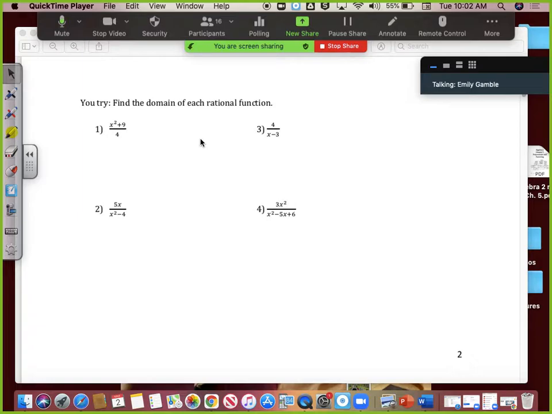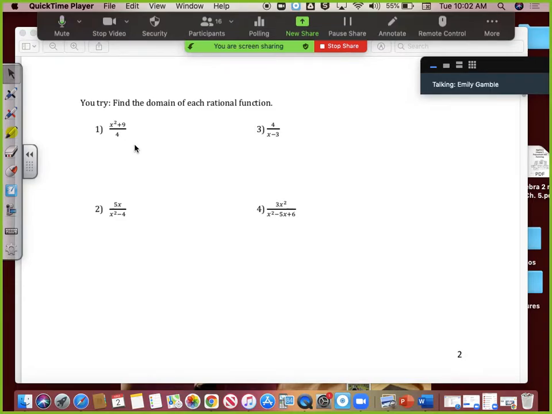So on page 2, we can see that we are trying to find the domain of each of these rational functions. So I'm going to do a couple with you, and then I'm going to have you try 2 on your own. So to find the domain of rational functions, your first step is going to be to look at